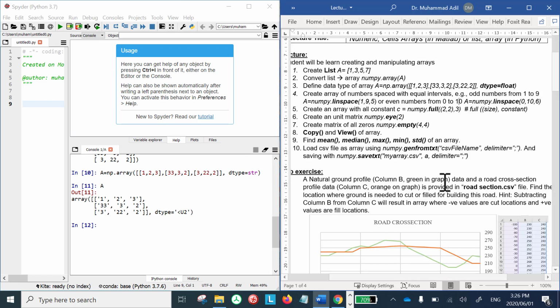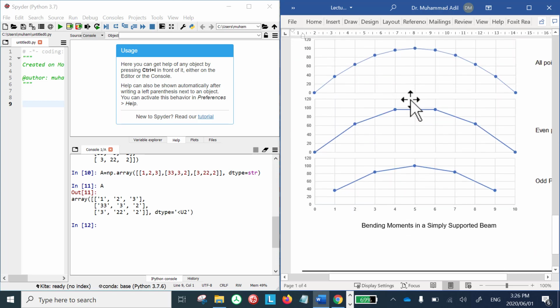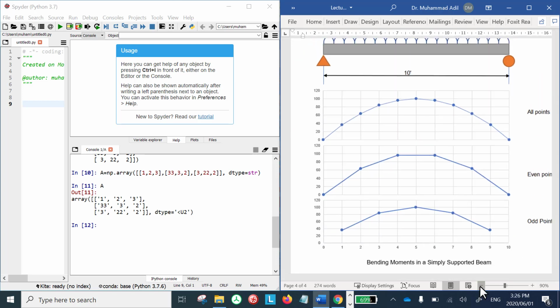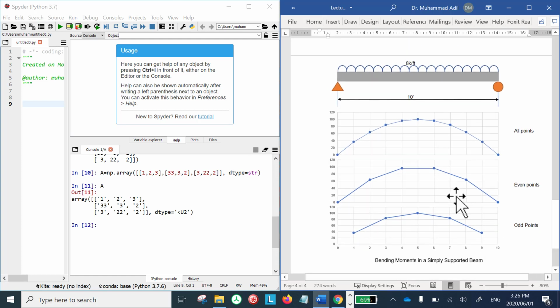So let's see where we need this type of job to be done. So consider this example of a simply supported beam with bending moment diagram shown. So it is a 10 feet long beam with a uniformly distributed load on it of 8 kPa per foot. Now, if on every foot we want to know what is the bending moment, so let us say we calculated that, and on every individual foot we have a bending moment known. So at 0 feet, 1 foot, 2 foot, 3, and at 10 foot, notice the bending moments at simply supported ends are 0, and the maximum bending moment is right in the middle, and for our case, it is